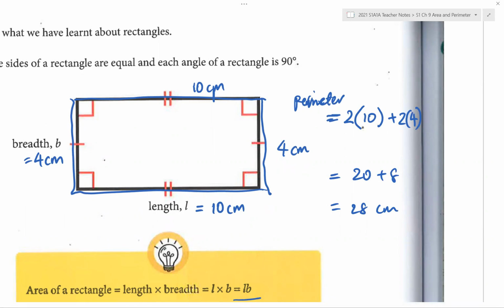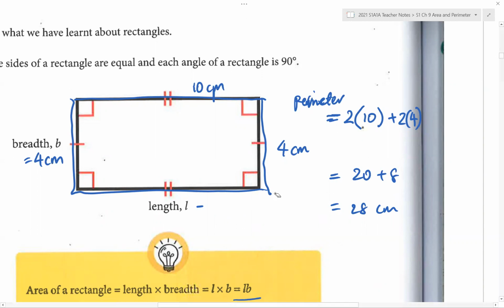Do you think I'm actually making things more difficult than it should be? Wouldn't 10 plus 10 plus 4 plus 4 be easier? No lah, 10 plus 10 plus 4 plus 4 is easier, right? Really? Would you all rather do the multiplication? No, right? 10 plus 10 plus 4 plus 4 is easier. But